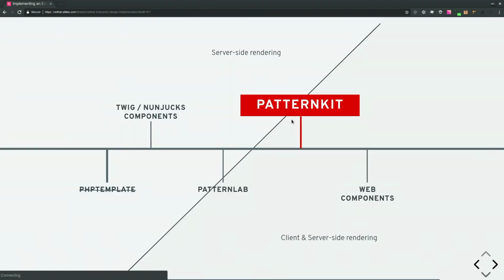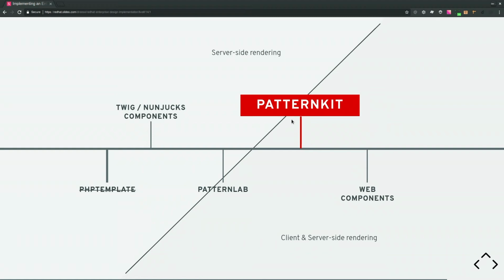So all this is kind of moving towards a unified approach to front end. Basically, right now this is all still server-side rendering, right? So if you're going to decouple your site or do React or Angular, you're still in this in-between land where we can't really just drag and drop and use this stuff. But that's where Pattern Kit and this whole system is coming in, and